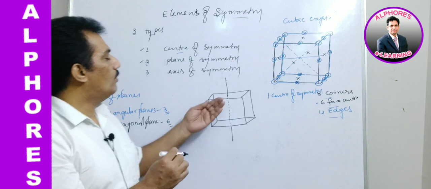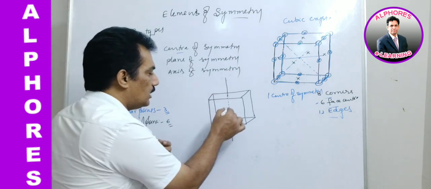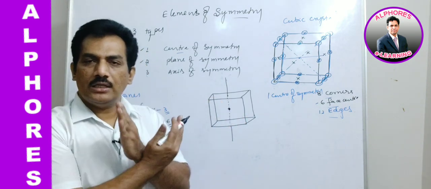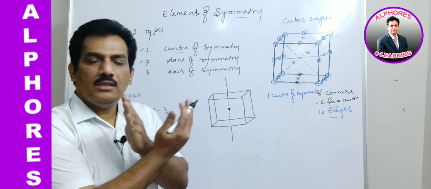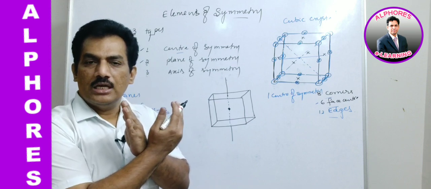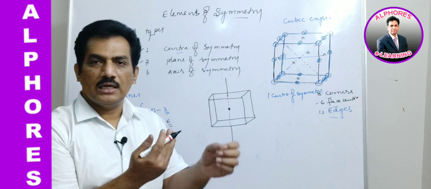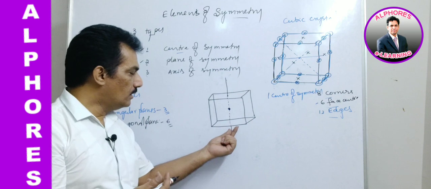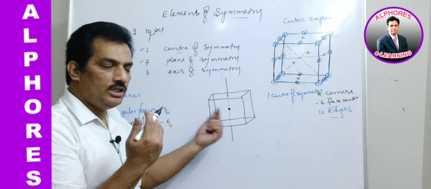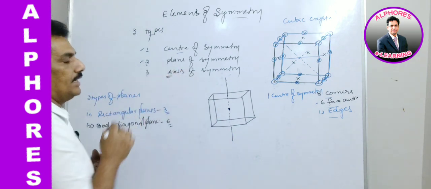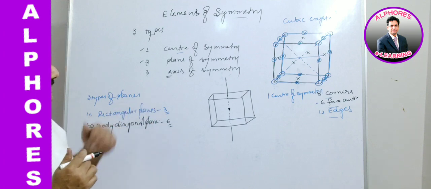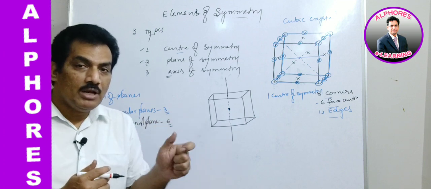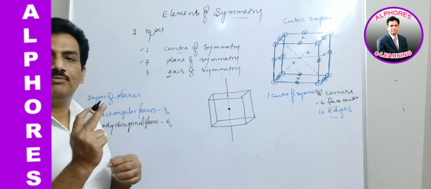That means when we draw an imaginary line that passes through the center of the object or center of symmetry, and we rotate the object, then by a complete rotation of 360 degrees, if it gives the original appearance here and there at certain angles, then that line through which we are rotating the object is known as axis of symmetry. This axis of symmetry is of different kinds depending on the number of similar or original appearances in a rotation of 360 degrees.